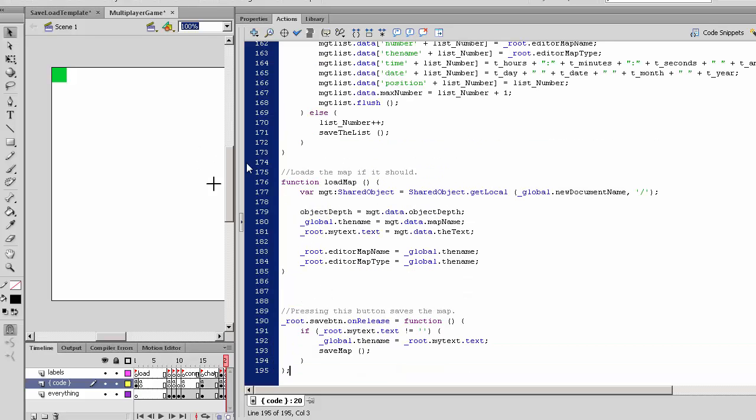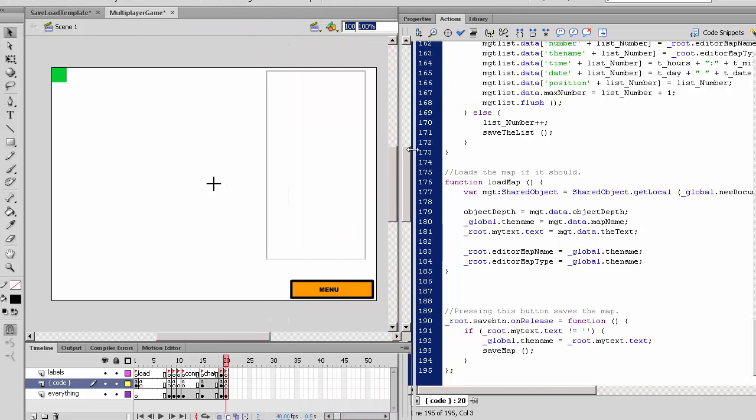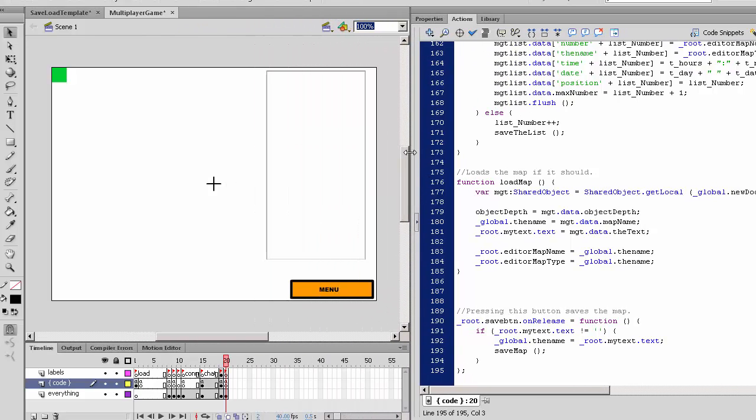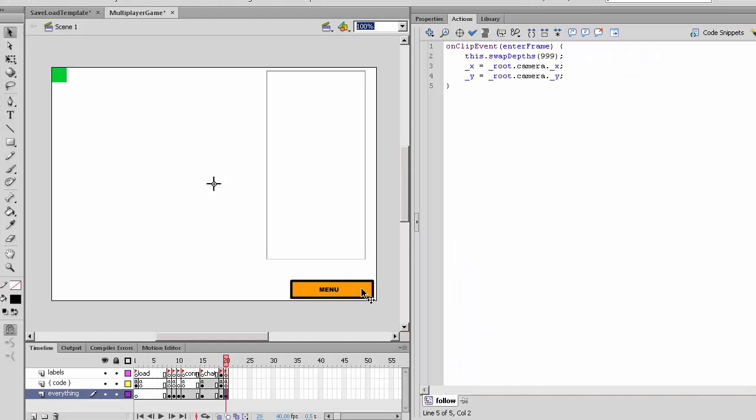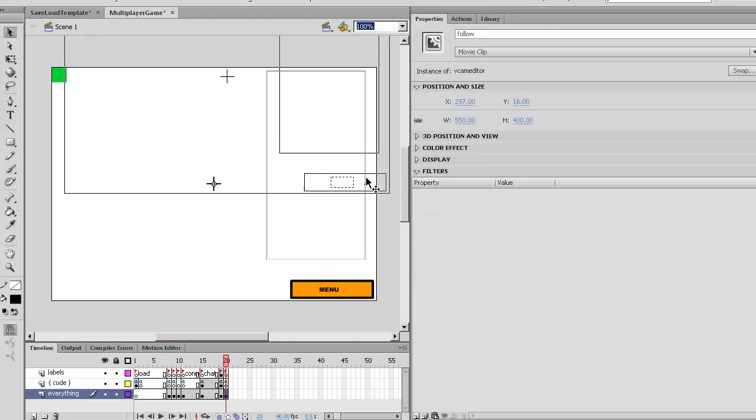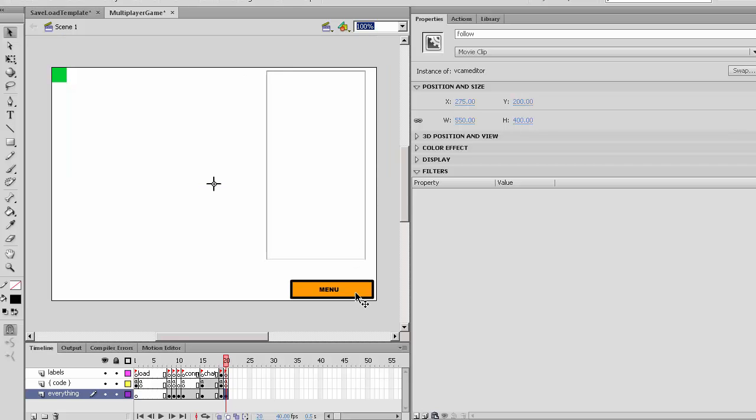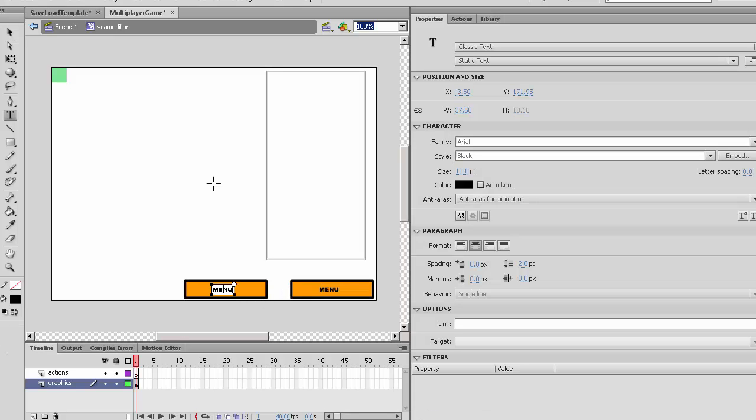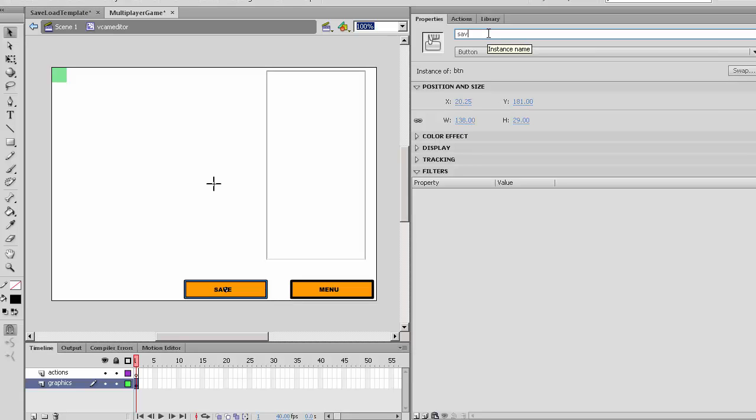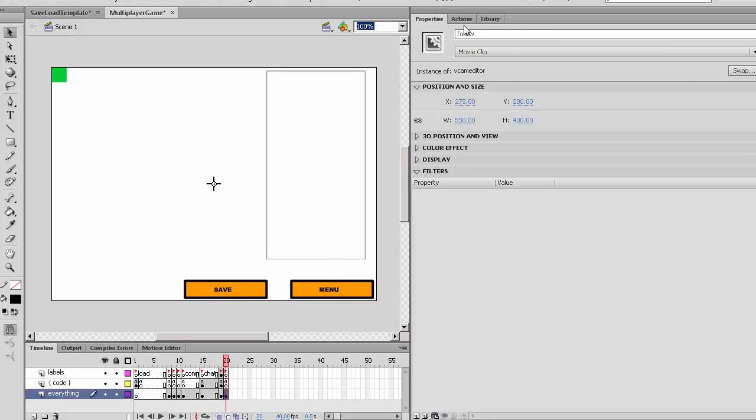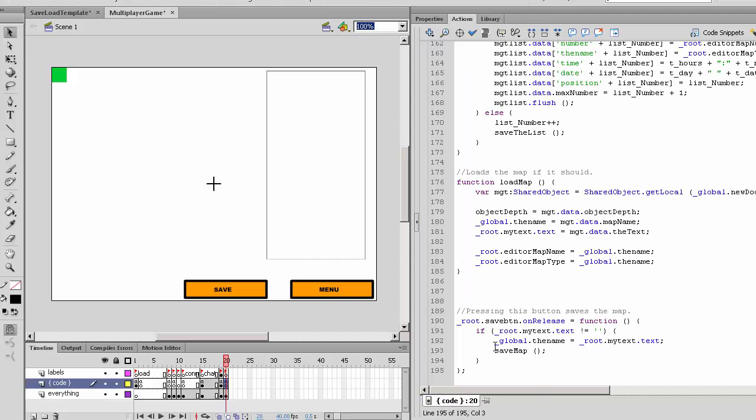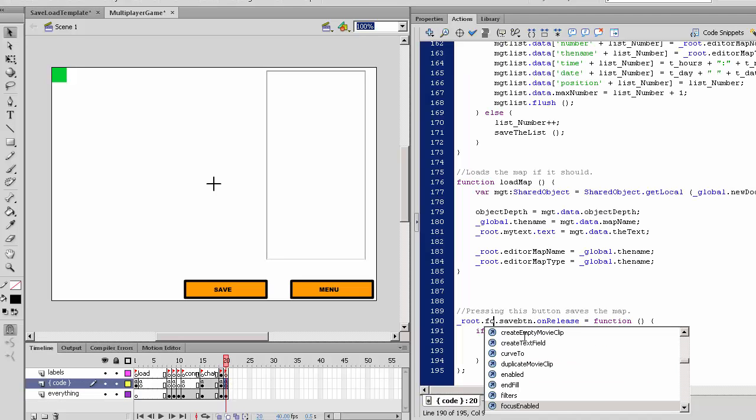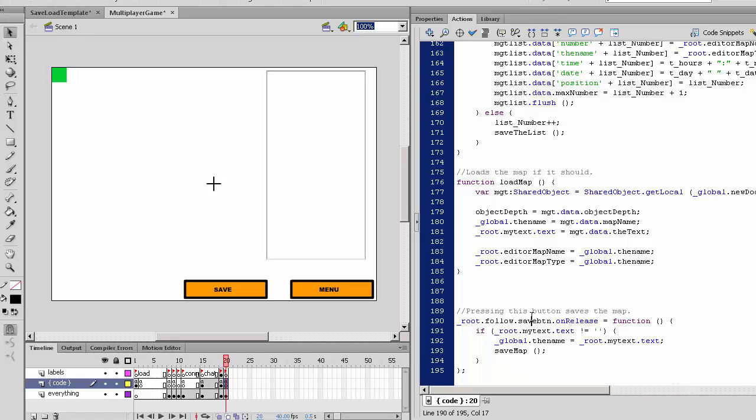since there's no quit here, and we'll need to create a save button. So since this is called the follow, go inside here, duplicate this menu button, and give it the instance name of save button. And then in scene 1 in the actions, we say root.follow.save_button.onRelease,